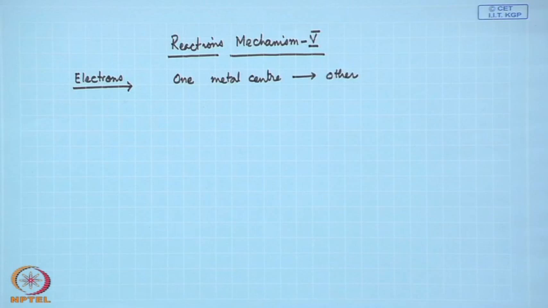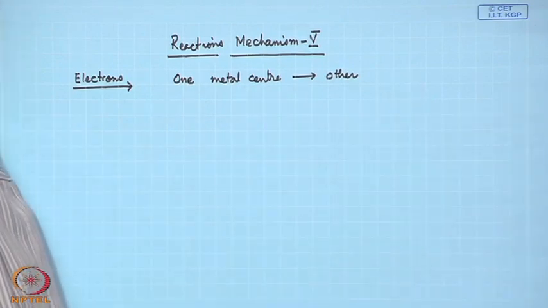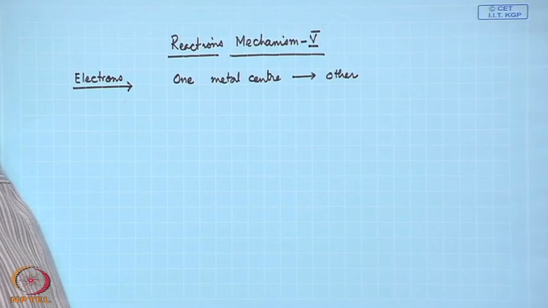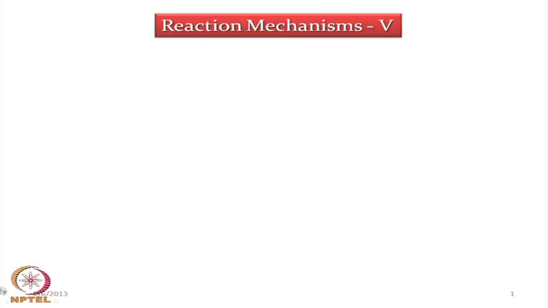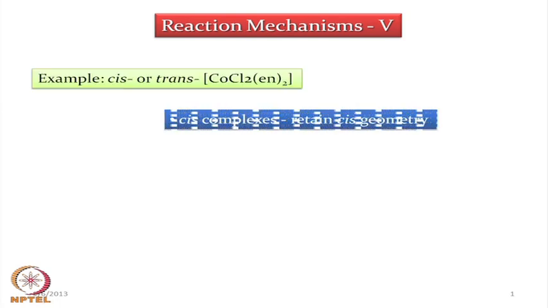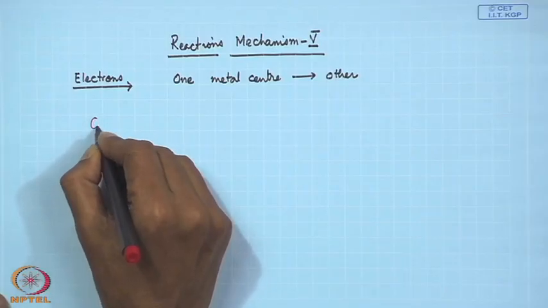What will happen in that case, along with the other one where different stereochemistry of these complexes can play an important role, such as in the cis and trans compounds of this chloride